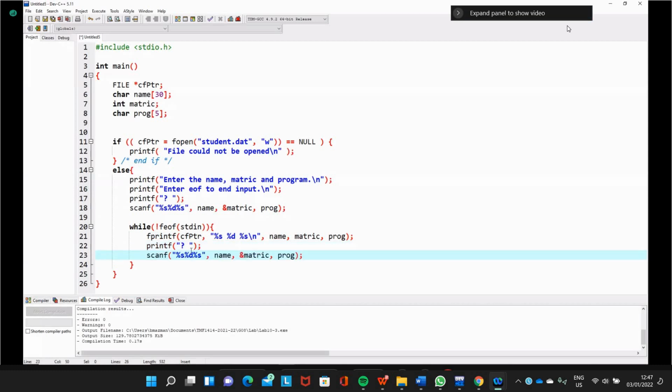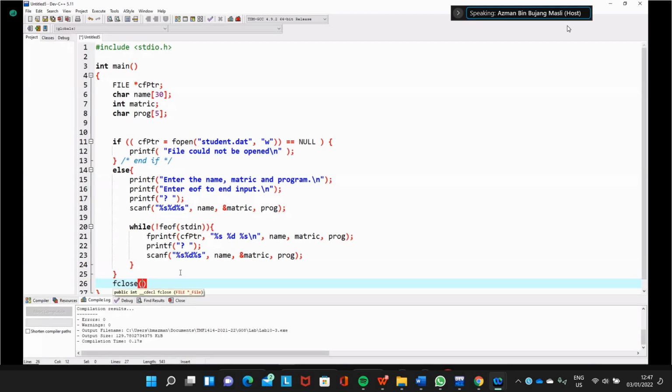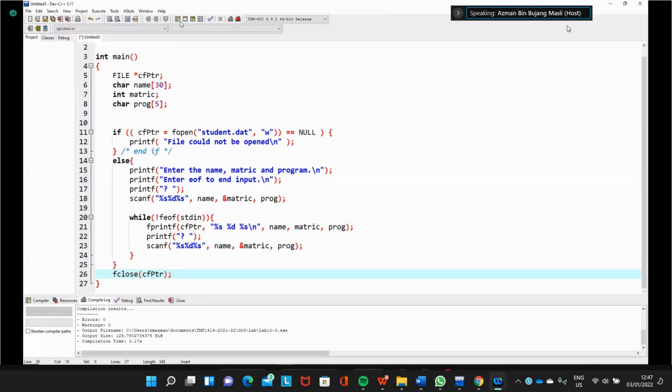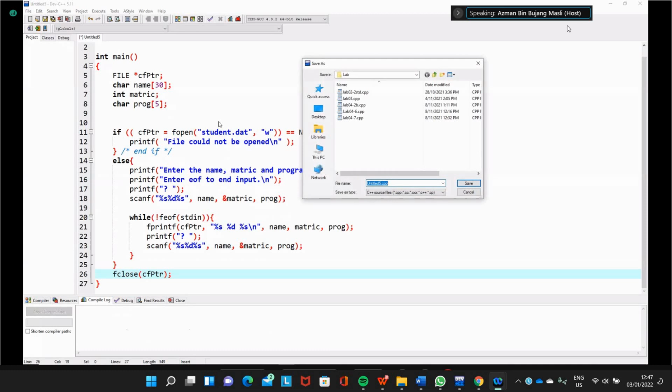So the while loop will repeatedly execute until we enter the end of file, which is Control Z. After we are done, we can close the file. When you try to compile this one, this is lab 10B, number 1.